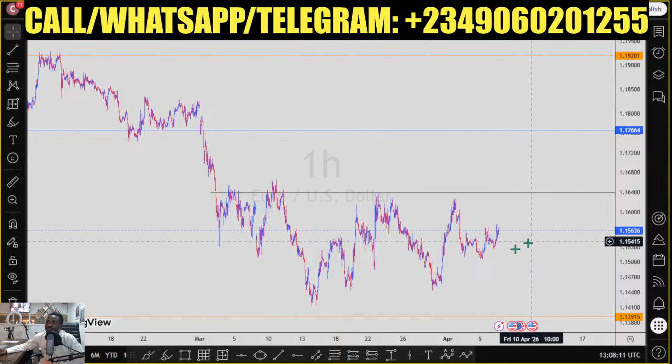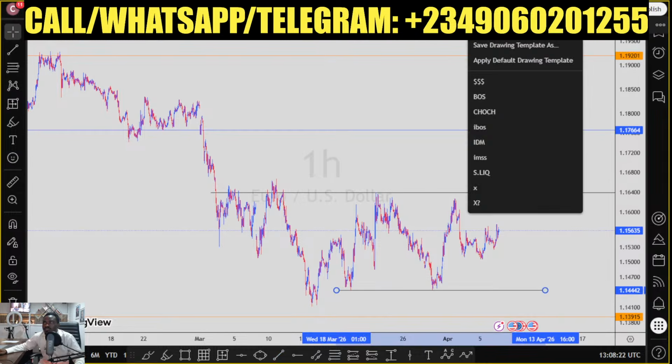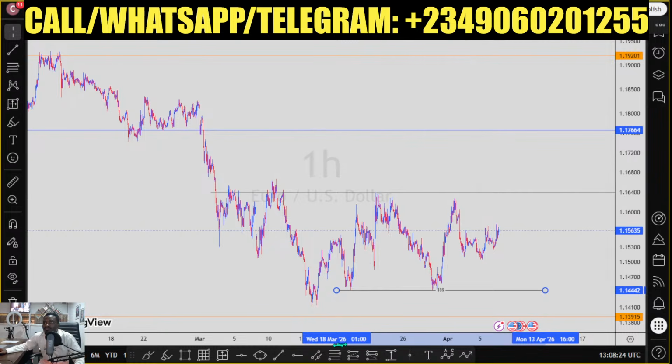So if I were you, I want to see how price will use these two zones right here as a liquidity zone. Then price comes all the way down, takes out this low, then maybe boom all the way up. If I were you,